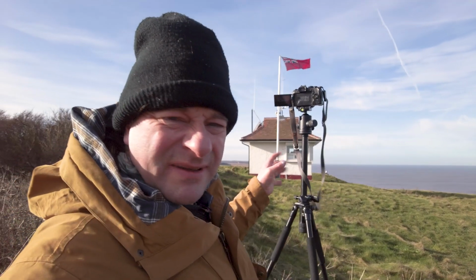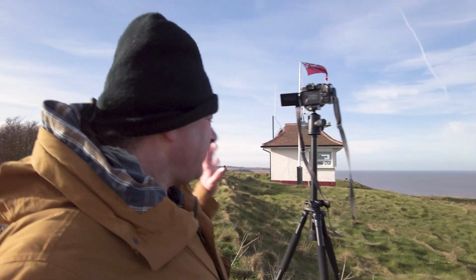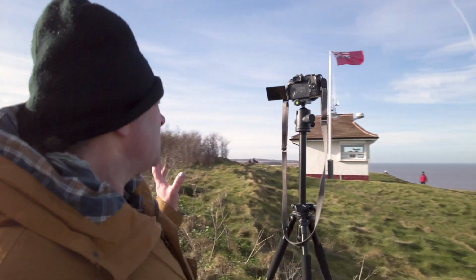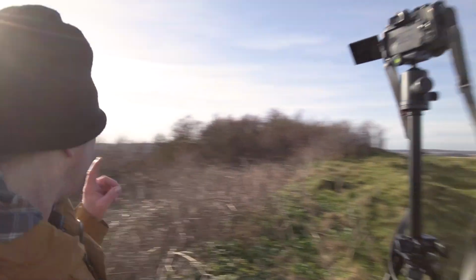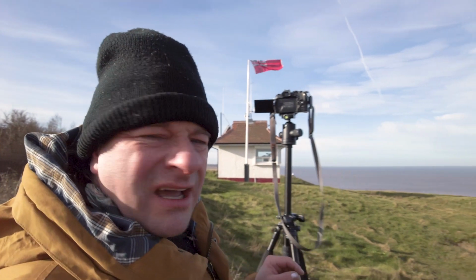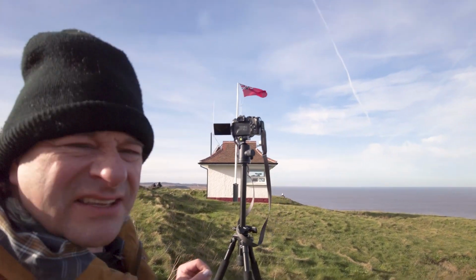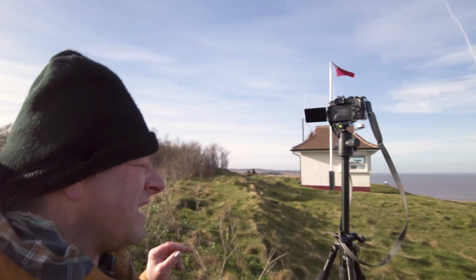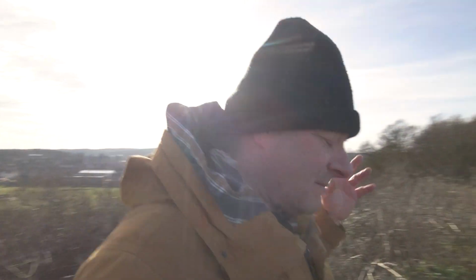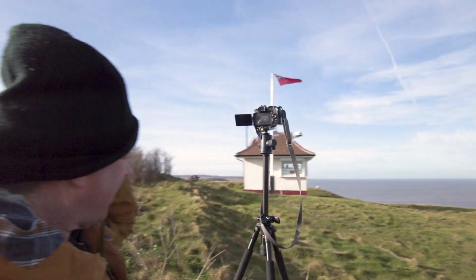The shot I've got lined up here is absolutely full of it. The only subject, I say how many subjects you want in a shot, is this Coastwatch building here, which is rather nice. And in the sun, it's gorgeous. I have had a polarizer filter out to see just how much it darkens down the sky up here, but it's not nearly enough to want to muck about with it. It's about 90 degrees to the sun, but it's that kind of light that just isn't working for it. But anyway, the shot,